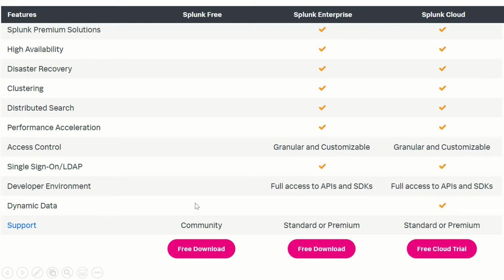Dynamic data is not there in the free version, and it's not there in enterprise either, but cloud supports it. Support: Splunk community support is given to the free version. For enterprise and cloud versions there are standard and premium support.